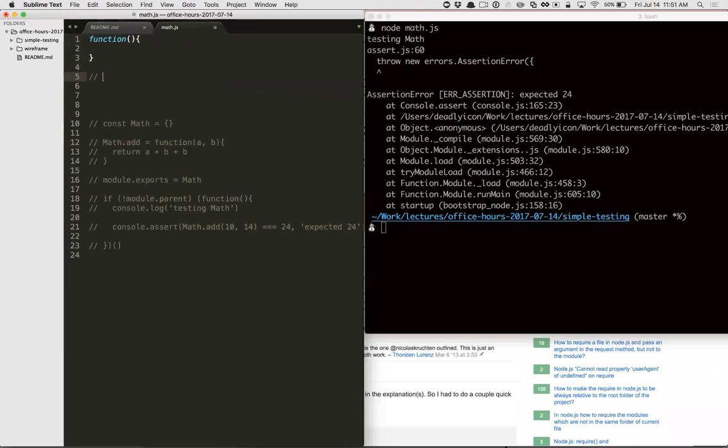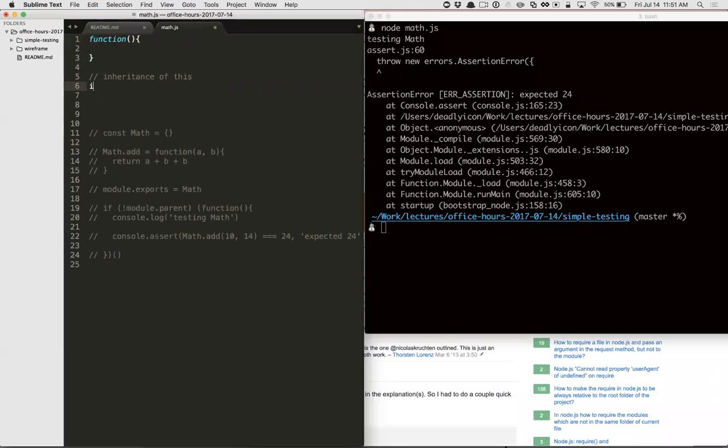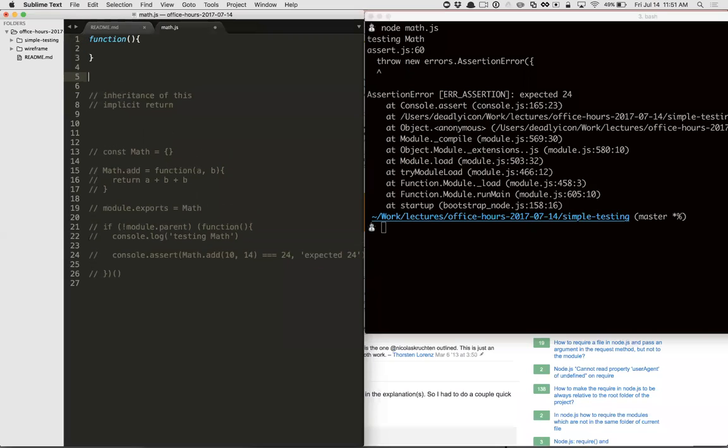They bring inheritance of this and implicit return. So you can write an arrow function like this. So we could write add like this. And that gives us implicit return.